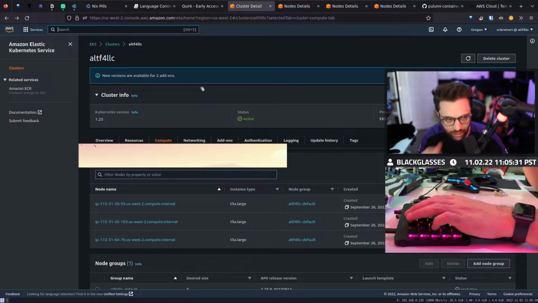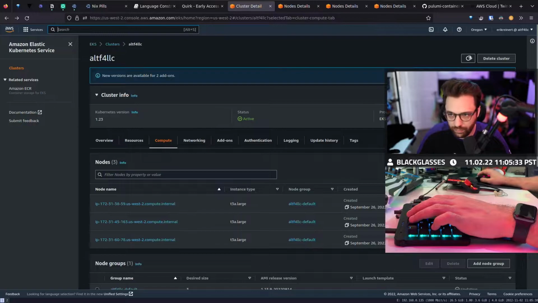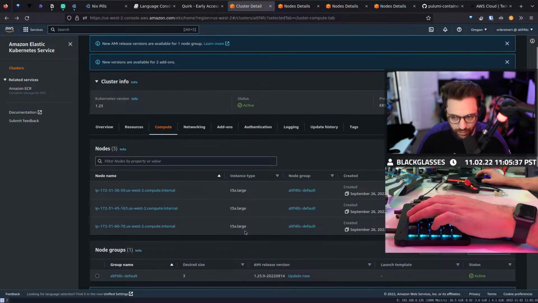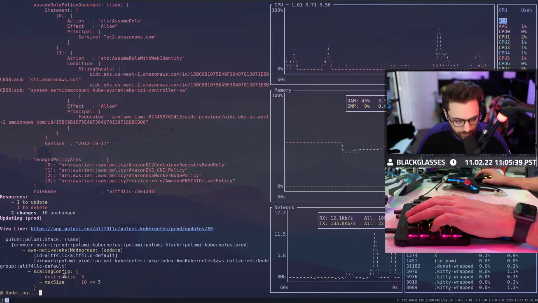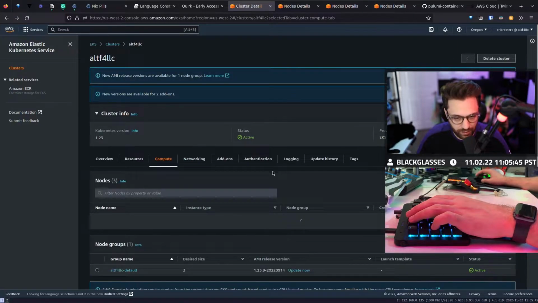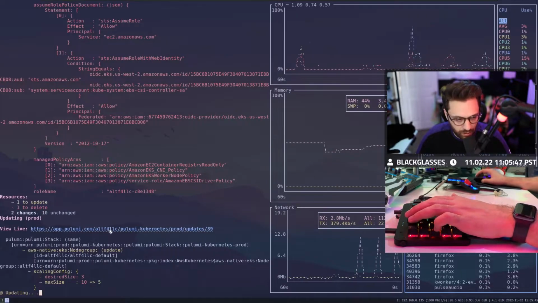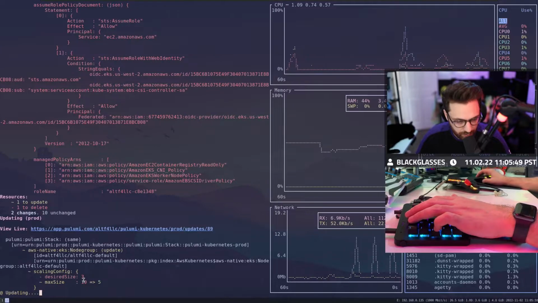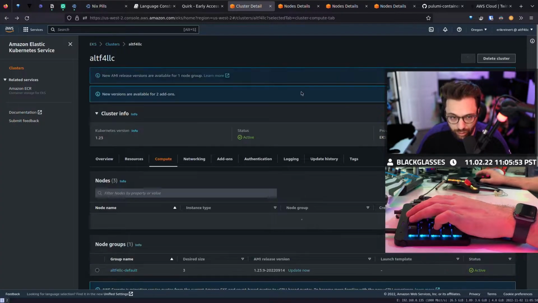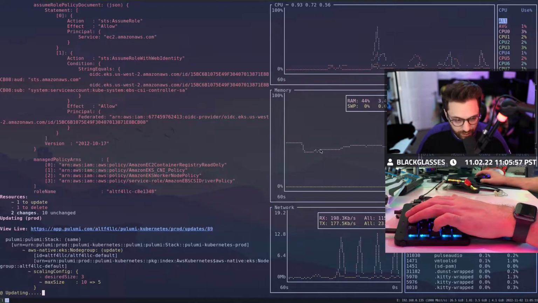Okay. Compute. You gonna give me another node? You gonna give me another node or no? It might not be there yet. It might not be ready to give me a node yet, chat. Updating. Desired size 3, max size 10 out of 5. Okay, you should be able to update. Don't just bork my whole cluster now, okay?